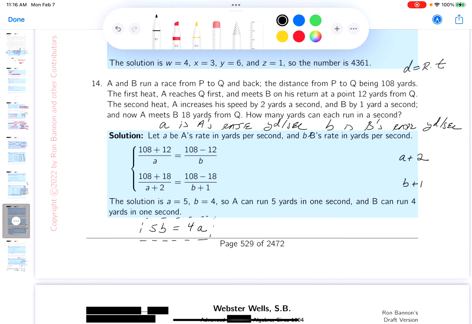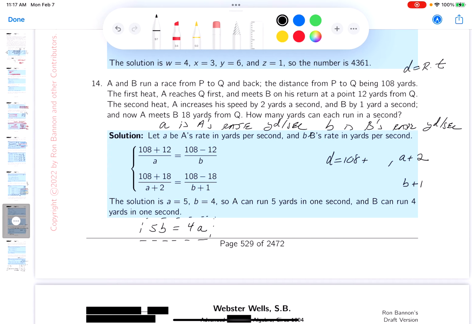All right? But it goes on to say that A meets B 18 yards from Q. So let me read this again. The second heat, A increases speed by 2 yards a second and B by 1 yard a second. And now A meets B 18 yards from Q. So the distance over here for this guy here is going to be 108